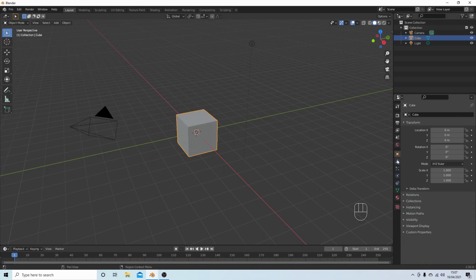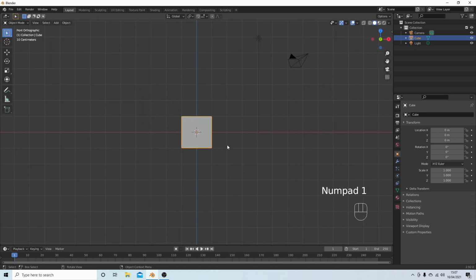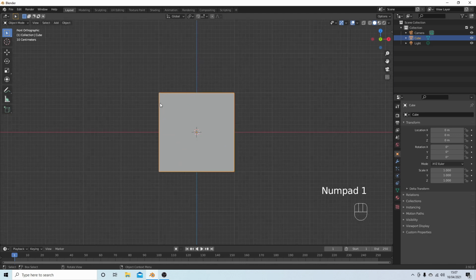One of the problems if you bevel an object that is not equal in size is that if I go into front view, you get a difference of bevel, and there isn't an easy way around this without doing some kind of editing. So you either have to create your rectangle and then change the vertex position, or the easiest way is actually